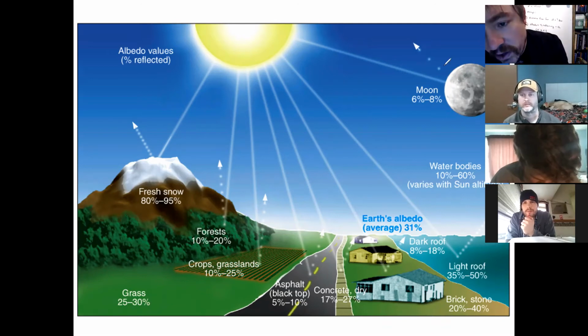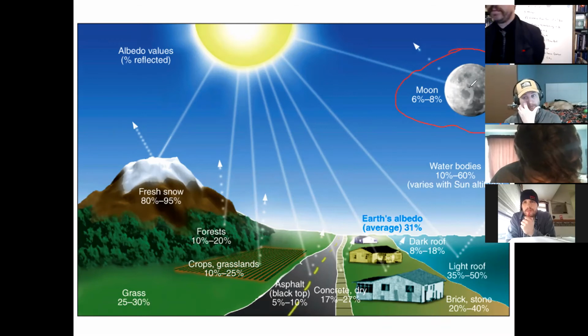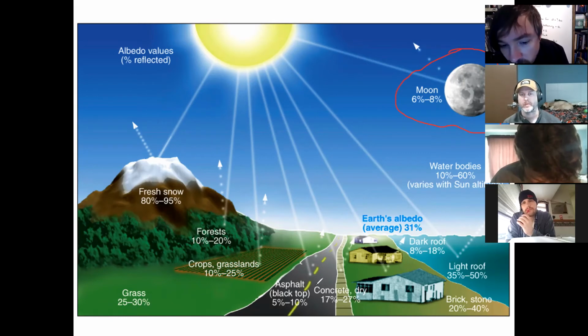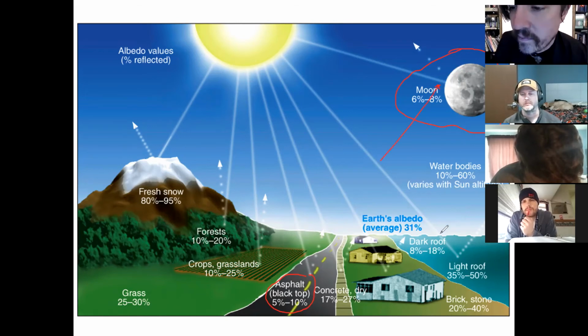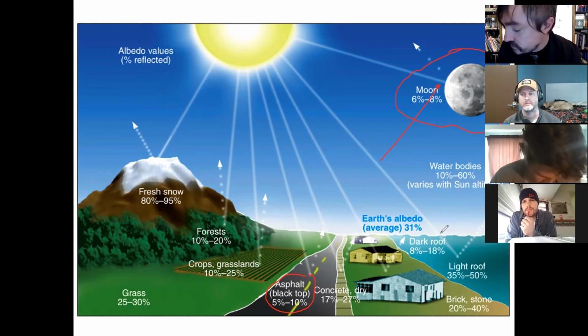According to this, Joel, what substance on Earth is closest to the albedo of the moon? Asphalt. Yeah. Can you help me understand that? This is basically saying the moon is jet black, but I thought the moon was white when I looked at it in the sky. Can someone help me understand that riddle?